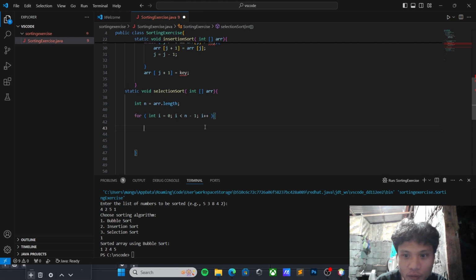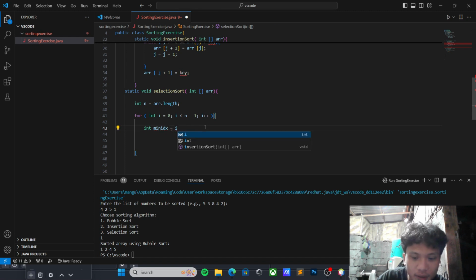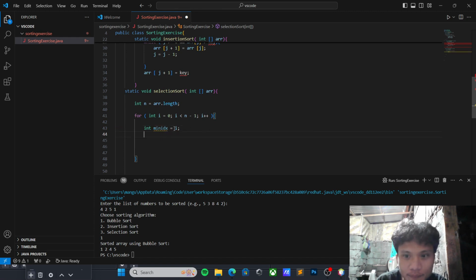And now we have to find the minimum: int minIdx is equal to i. Now minIdx is initialized to the current index i. This variable will keep track of the index of the minimum element found in the unsorted portion of the array.